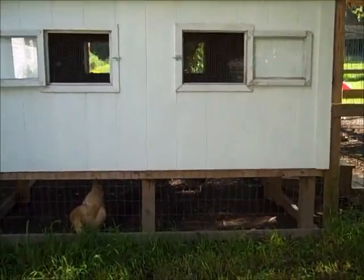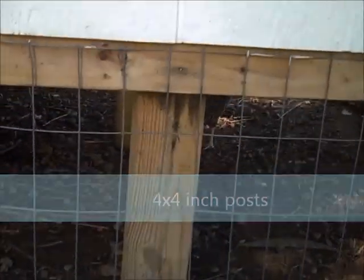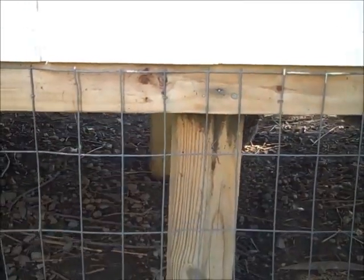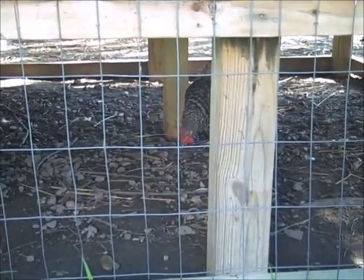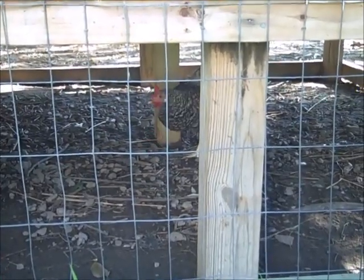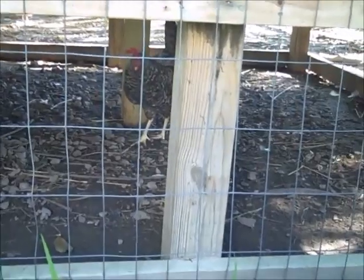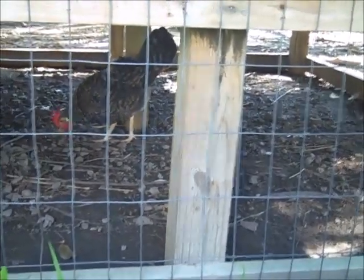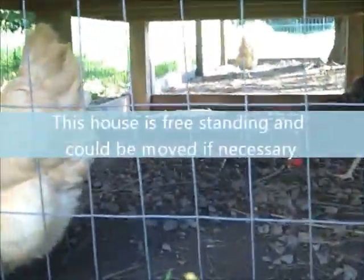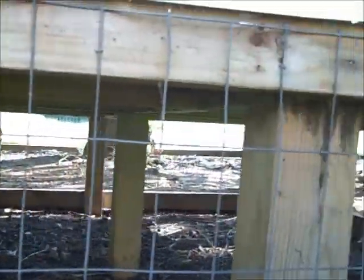I used 4 by 4 foot posts, and I cut them off 2 feet high. I figured out where all of these posts would end up, and I dug holes in the ground and filled them with concrete, and I made sure that those little concrete pads were level with each other. And then I have 9 of them. You can see it in here. But there's 9 legs on this